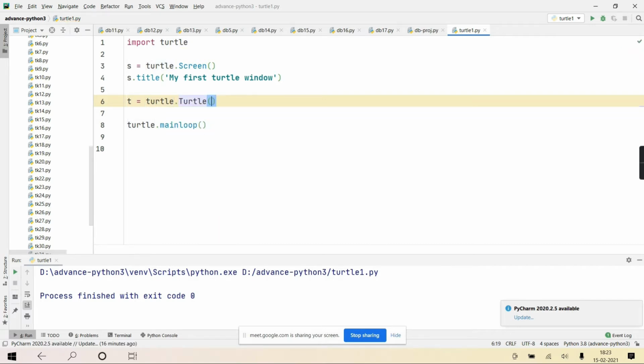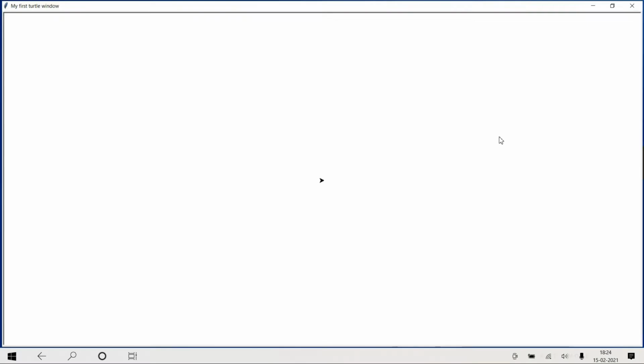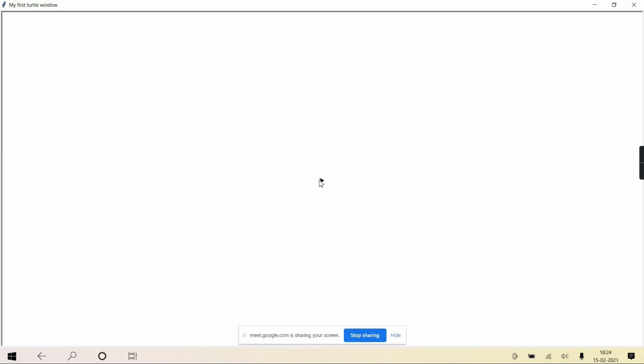Clear? See, turtle. Everything is an object. I hope you can imagine now how everything is an object oriented concept. And as everything is an object oriented concept, obviously everything will have its own class. So that turtle is also an object of class Turtle. Okay. See, can you see exactly at the center, is this turtle visible? I created one turtle. Okay, t = turtle.Turtle(). So I created an object of class Turtle. And by default, the turtle is visible at the center.